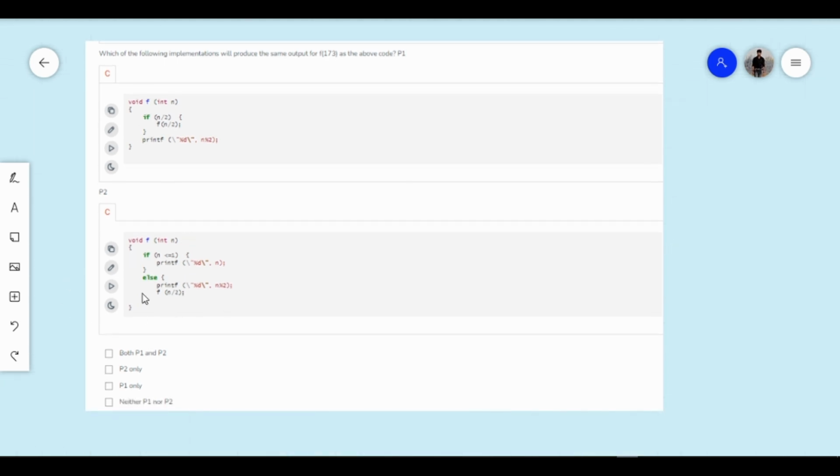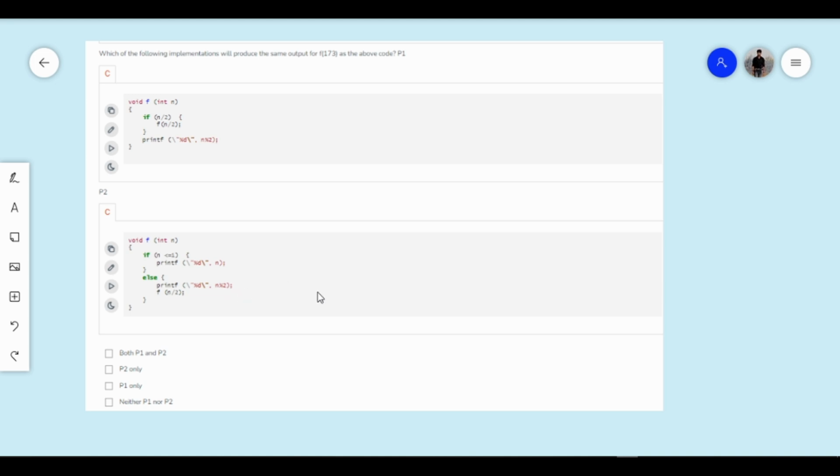In the P2 code, what they have done is, if n is less than or equal to 1, they are printing the value of n, which we were doing in the above code. But in the else part, first they have printed the value and then made a call for n by 2, which means the output will be reversed. Suppose we have made a call for 173. When you are making a call for 173, first they will do 173 mod 2.